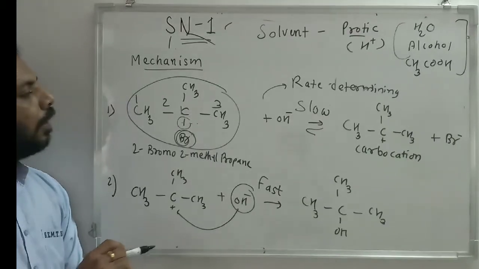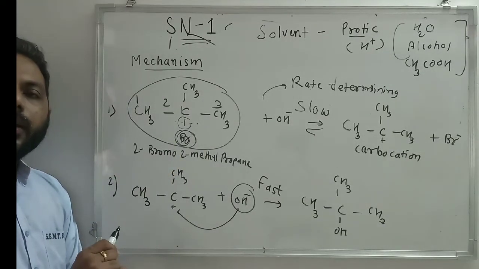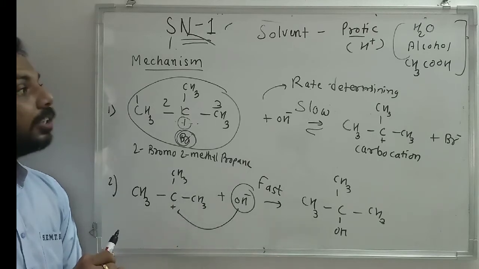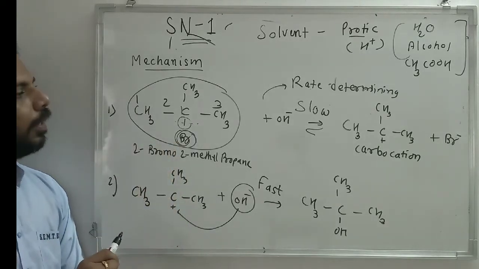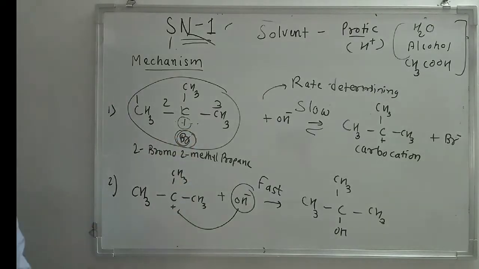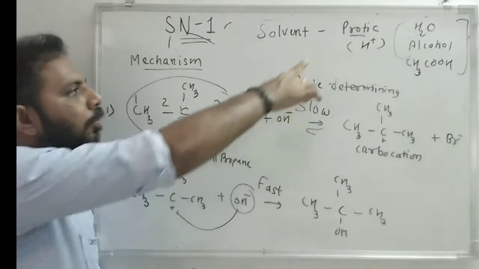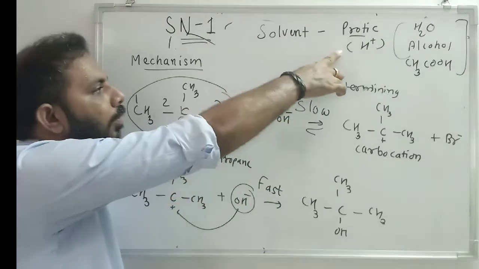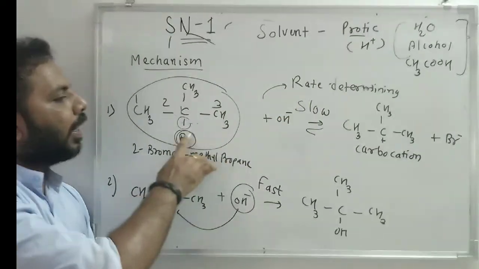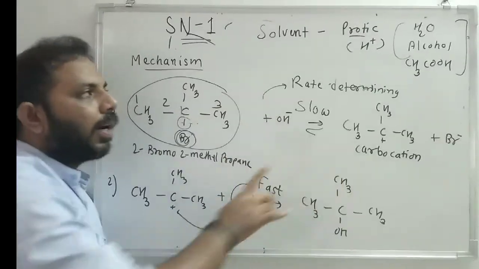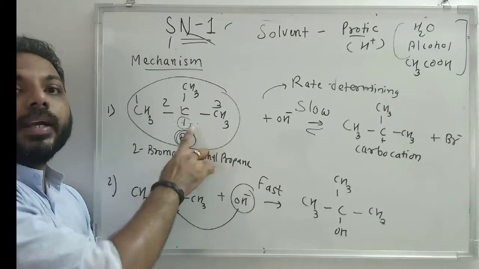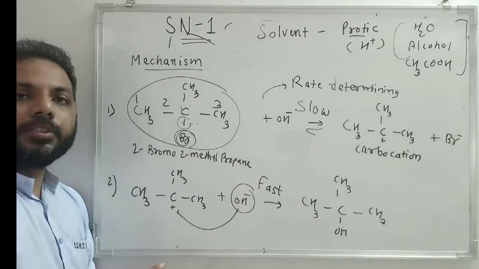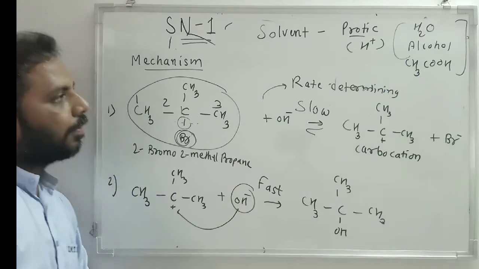Now, as the concentration of haloalkane changes, the rate of the reaction changes, and that is why it is known as a unimolecular reaction. The rate depends on only one reactant and the reactant is haloalkane. Now, this reaction is taking place in presence of protic solvent. So protic solvent is responsible for the removal of halide ion and formation of carbocation. And this is the slow step. So the concentration of this haloalkane will determine the overall rate of this reaction, and that is why it is known as SN1 reaction.